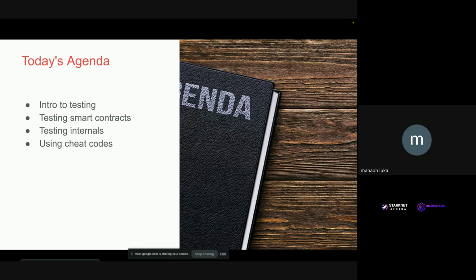We are going to check how to test smart contracts with Starknet Foundry, how to also test internals, that is using certain functions, and also using cheat codes. If you have tested with Foundry, cheat code should not be a new terminology for you. So as soon as we achieve these 4 easy steps,